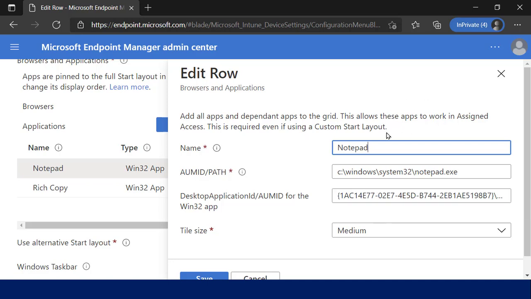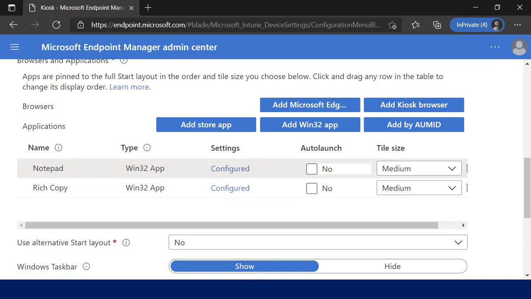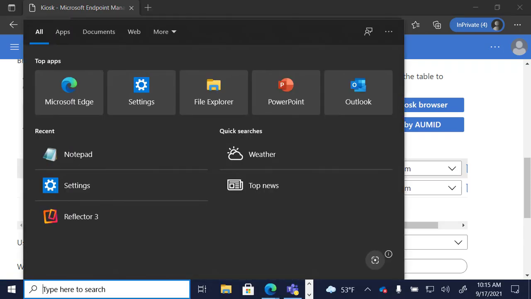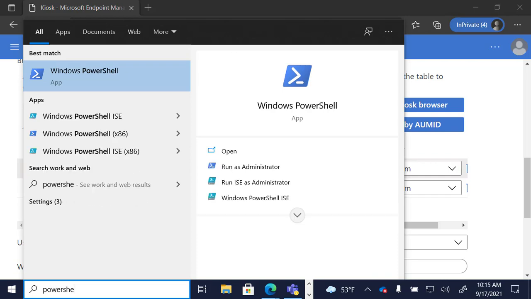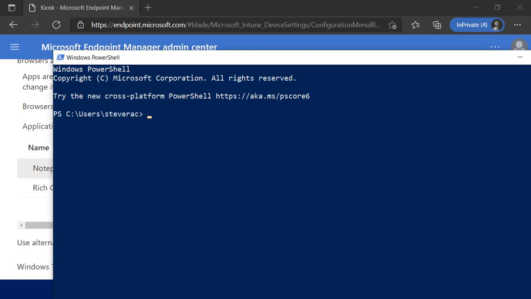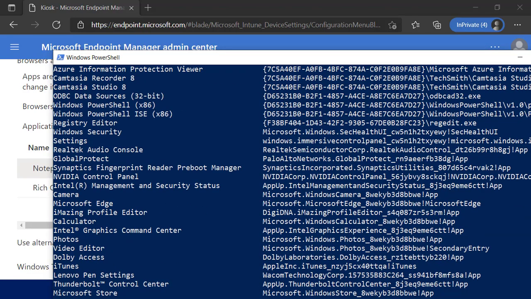Well, so this is Notepad. Another one is Rich Copy. Let me show you real quick. I'm just going to pop this open on my corporate device real quick. So I'm just going to launch PowerShell, right? And so to get your details about your apps that you might want to put in there, Get-StartApps, and you'll list out all the apps and then the particular information you need to have about that is